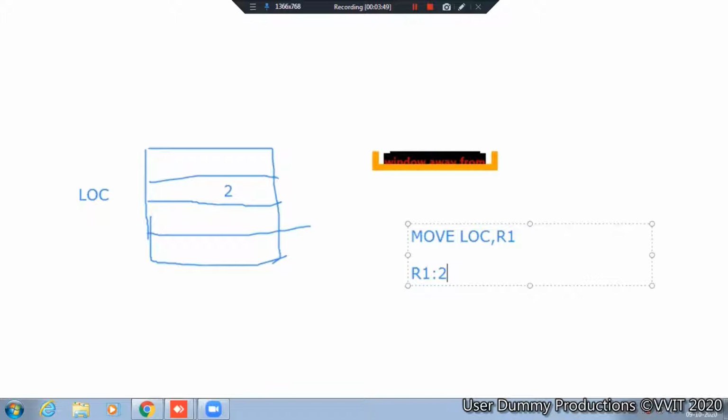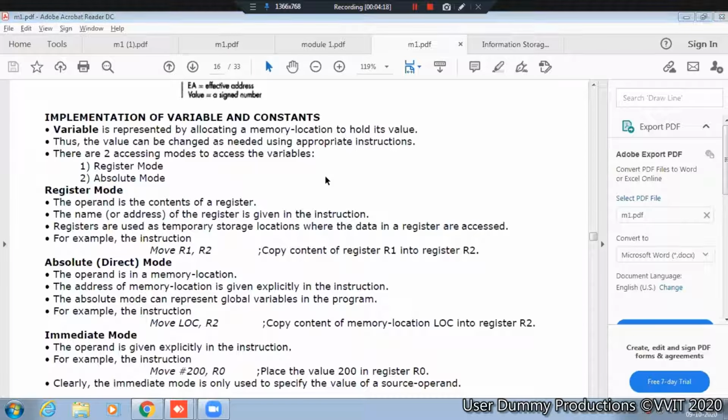What are the three modes we have seen now? Immediate mode, register mode, absolute mode. Can anybody explain immediate mode? Ask Afifa.